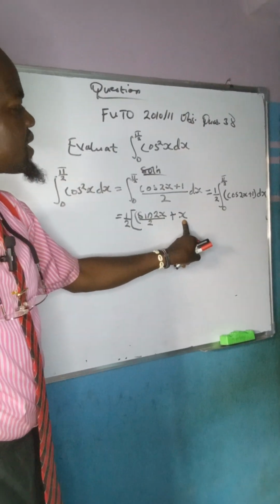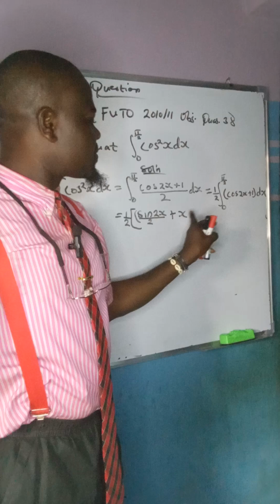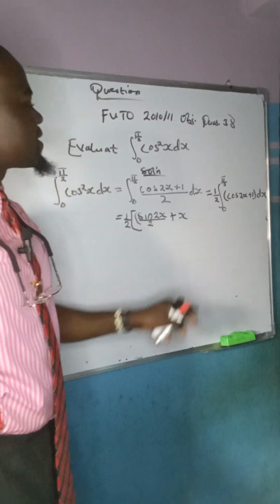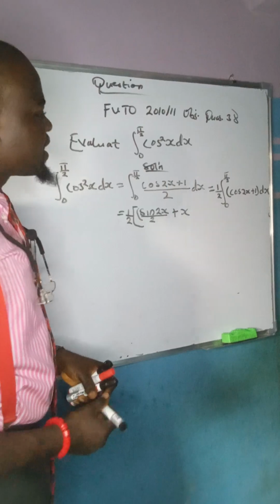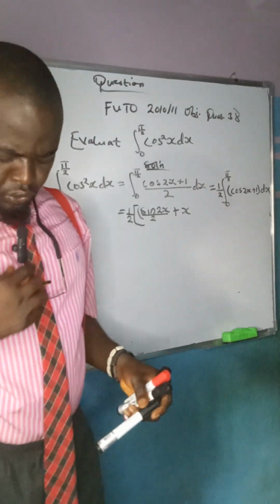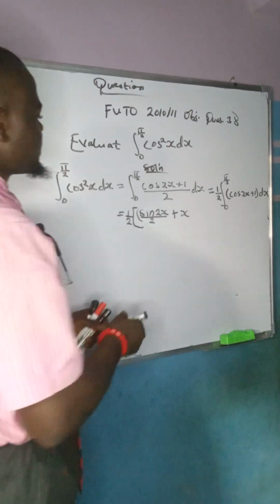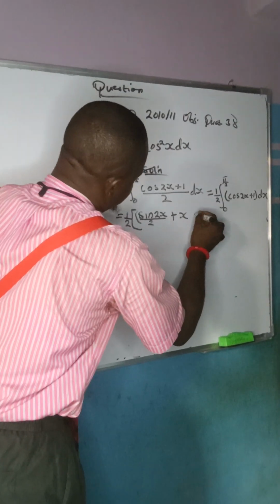Anytime you integrate any constant, you have that constant with x. If it's 2, I have 2x. If it's 1, I have x, because it's a constant. Unlike differentiation, when you differentiate, a constant is 0. So you now have this,